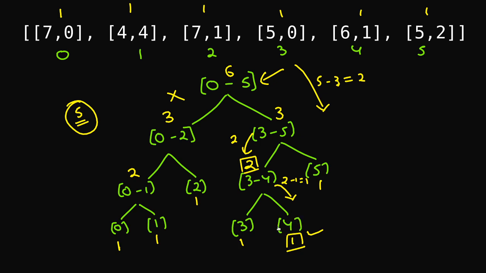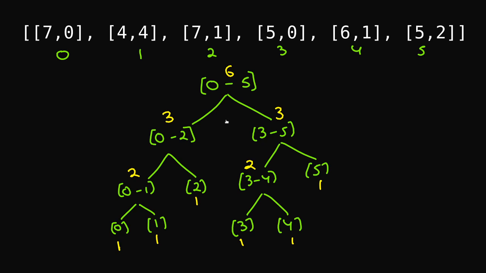Okay, so which index is this? So this is 0 1 2 3 4. This is the fourth index. So this 4 comma 4 will go at index number 4. This is what we are trying to say. Okay, so we'll be doing that, and this 4 comma 4 will actually go to index number 4. Sorry, this is 6 and this is 3. So this will go at index number 4.